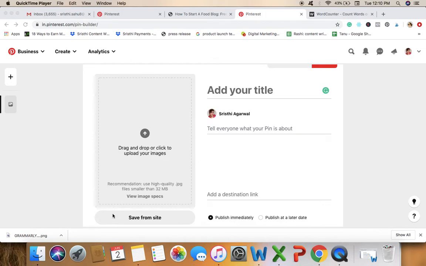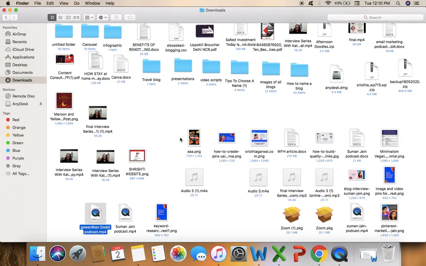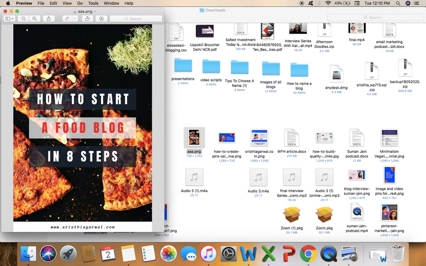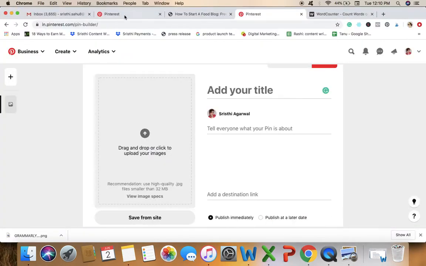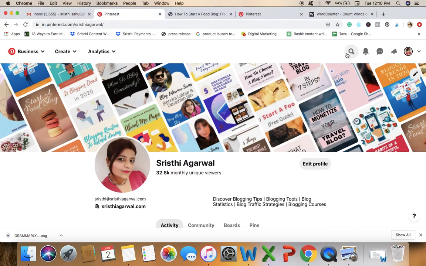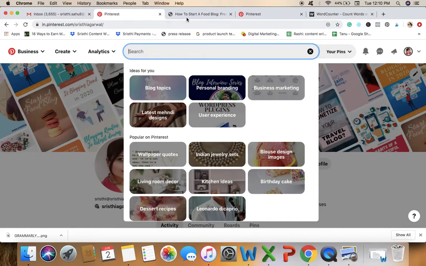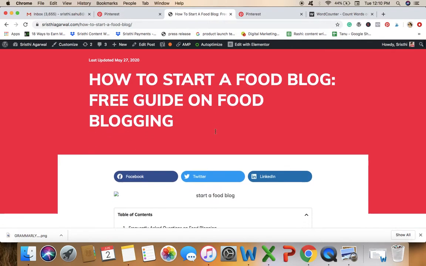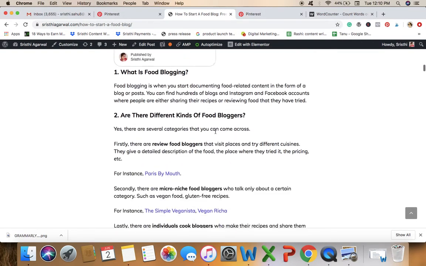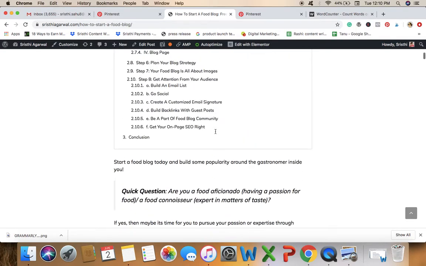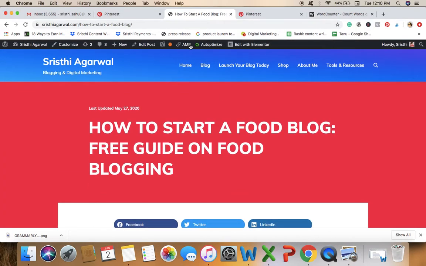The very first thing is that you need a pin to upload, right? So I have prepared a pin, which is this. The first thing you're going to check is that it should be visually appealing. So I think it is fine. Then, based on the keywords that we found last time, if you remember, if you don't, then probably I'll show you once. This was the blog for which we are going to write the title and description, and also this is going to be the blog for which we are going to create a pin.